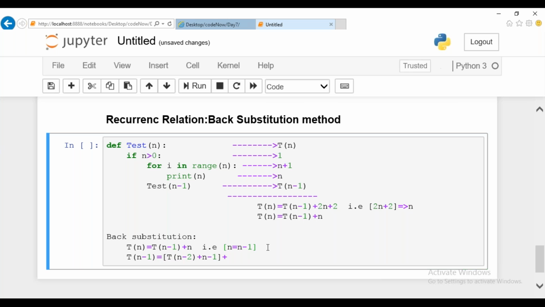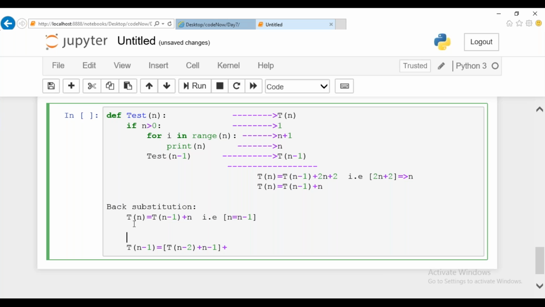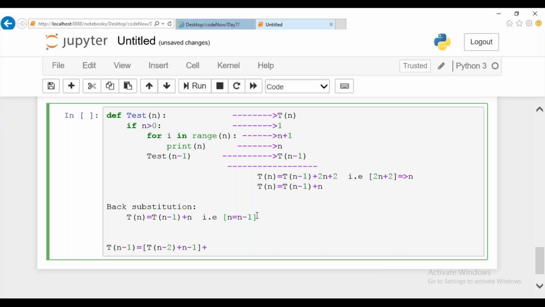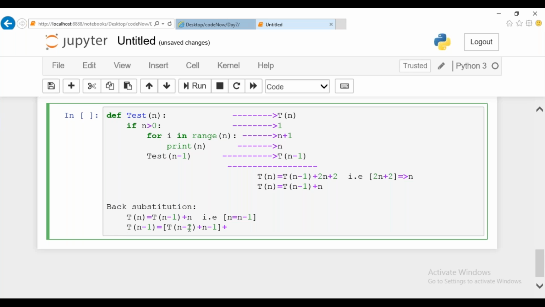Just a minute, let me evaluate first, then I'll keep this, guys. If I do this before that, it will be confusing. Just a minute. T of N minus 1. Okay, there's a small confusion, just a minute. I'll bring this back. We didn't substitute it, right? So T of N minus 2 followed by N minus 1. So this is the expression we got. Once we implement N minus 1 in the place of the N value, this is the value you'll get.